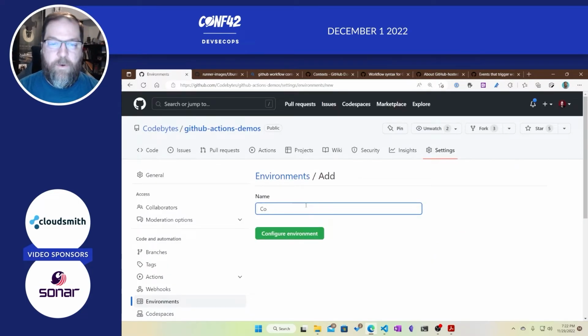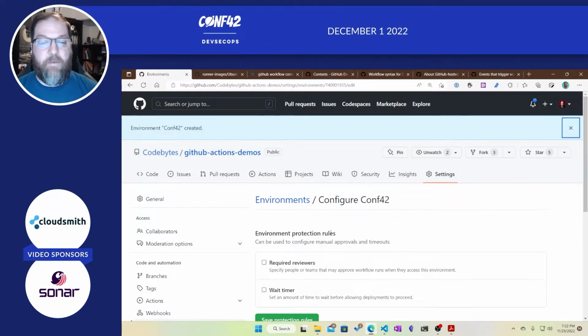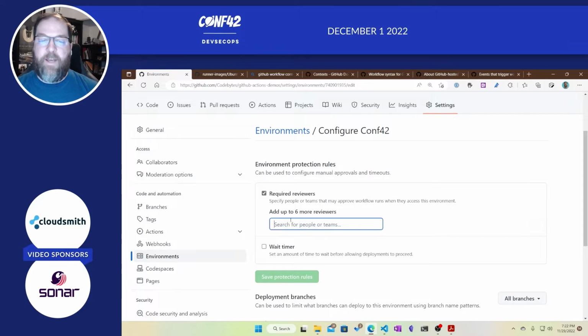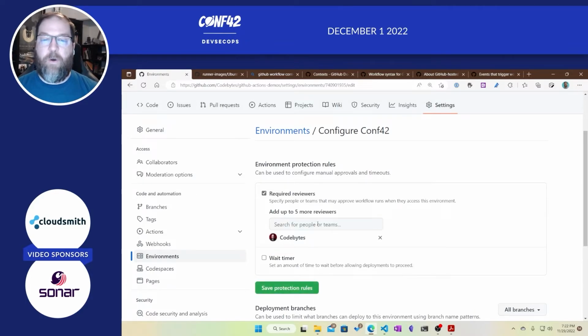So I can do something like this, and I've created an environment. Now I can ask for approvals. I mentioned that earlier with the CD part, and I can say I want someone to be a reviewer before you deploy into that environment. And this is just like, I don't have to have secrets or resources. It's just a tag. But if my job says it's using this environment, the Conf42 environment, it'll ask for